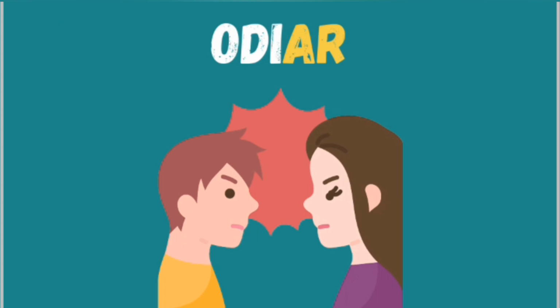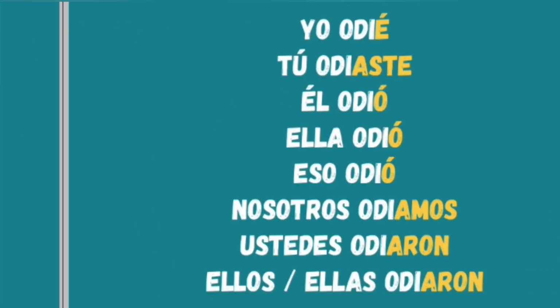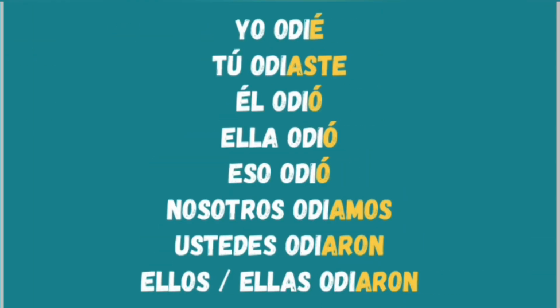Now we have this verb to hate, okay? Hate in Spanish means odiar. Now let's see how we're going to conjugate this verb. If you want to say, I hated, indefinite past in Spanish, you have to say, yo odié. Okay, here, the root word, the word that is not changing, it's odi. Okay, yo odié. Okay, it's ending with letter E with an accent because it's personal pronoun I, yo.